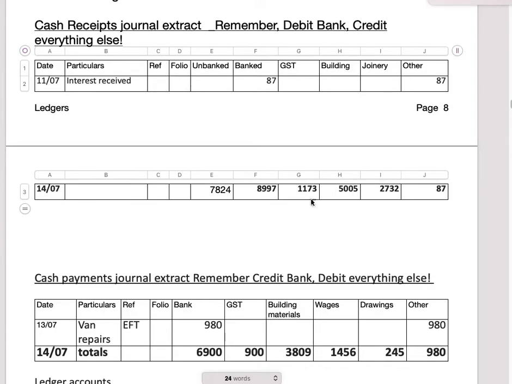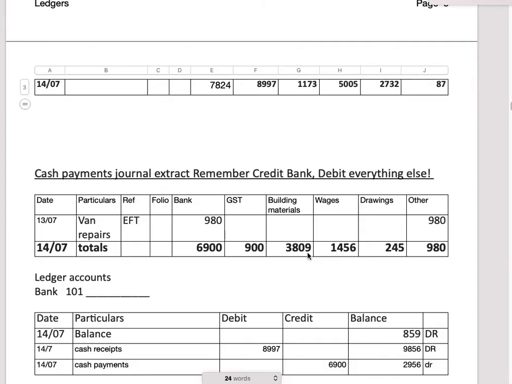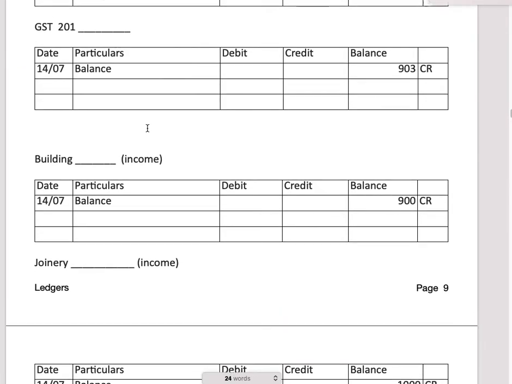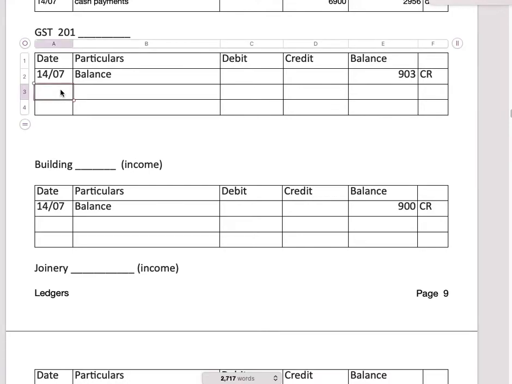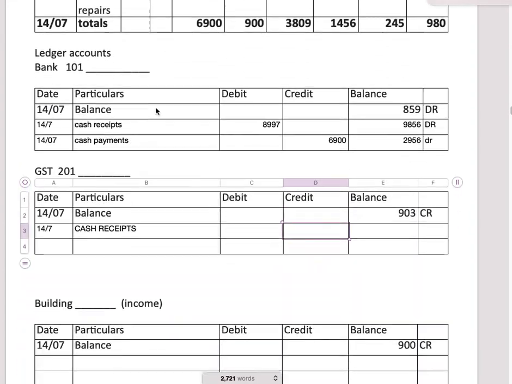That's the total amount of GST they collected from the customers, and we need to record that because they actually have to pay that to the government. So we're talking about $1,173. So we go down to our GST, put in the date, 14th of the 7th, tab across, cash receipts. Oops, I've got caps lock on, it doesn't matter. Now we are taking it from the cash receipts, we're debiting the bank, we're putting it in the credit column. I'm going to go back up and check what that number was. 1,173,